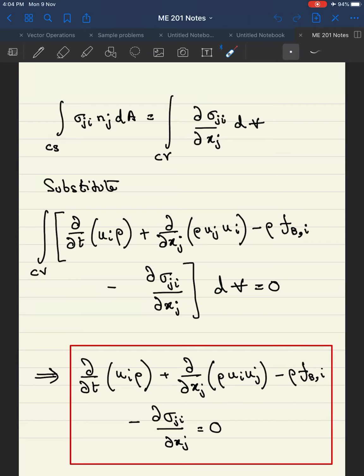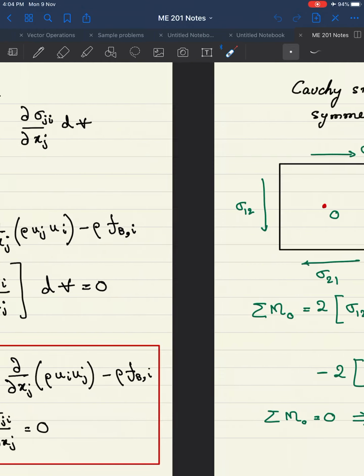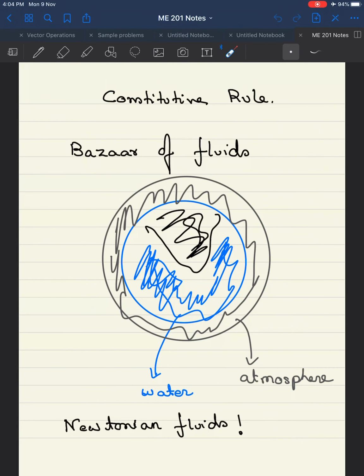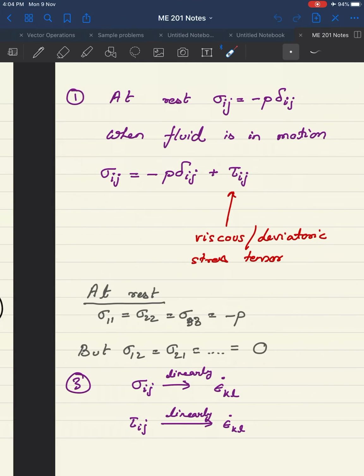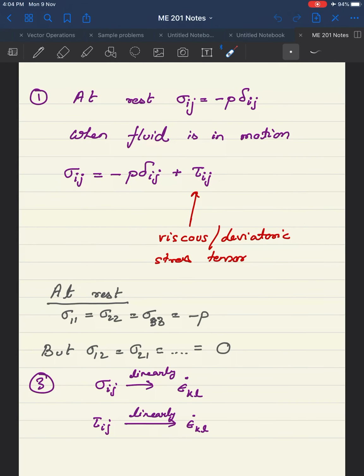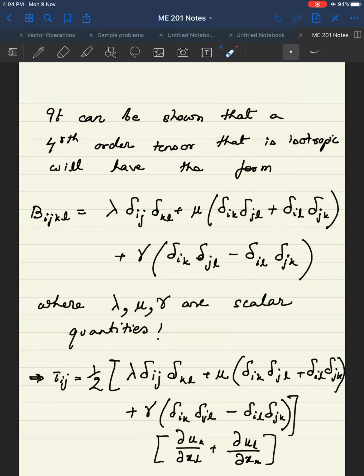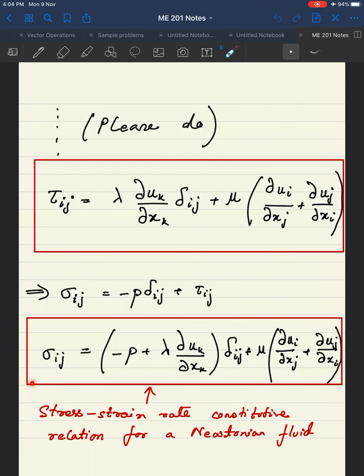So in order to solve it, we started asking ourselves, how do you evaluate this sigma ji, and we looked at the type of fluid called the Newtonian fluid, and once we went through various modeling aspects related to that, we finally arrived at this very important relationship which relates sigma ij to the rest. Now remember that sigma ij is a symmetric stress tensor. So sigma ij and sigma ji are represented by the same quantity here.